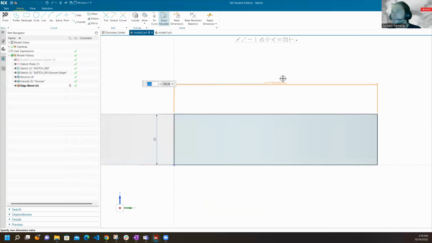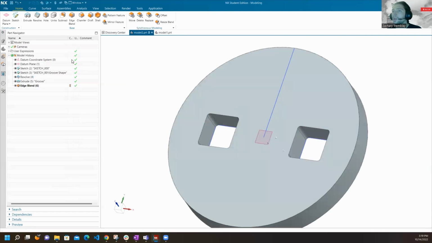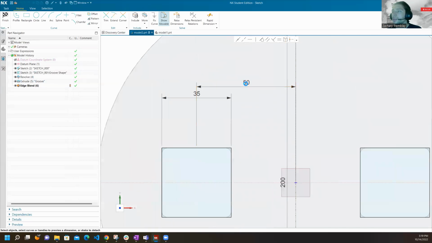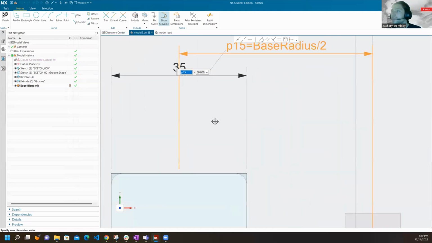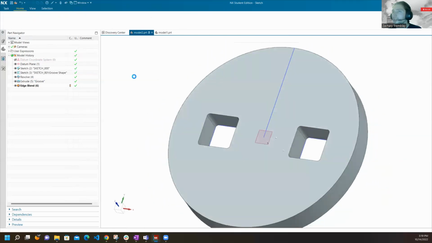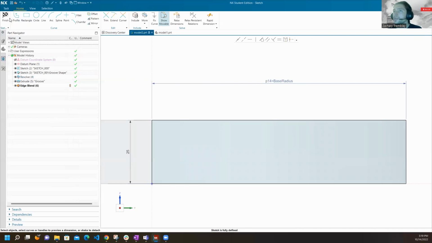So if we go back out of the sketch by clicking finish, we can go into the groove shape sketch and say, I want the squares to always be at base radius divided by 2. So they're always going to be at the halfway point of the radius. So now if we go back and change base radius,